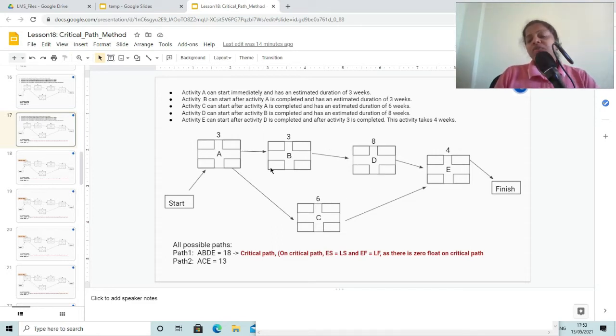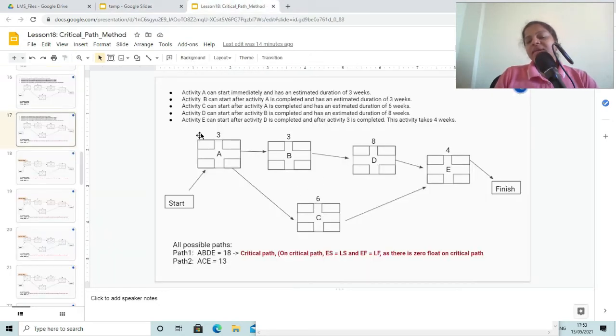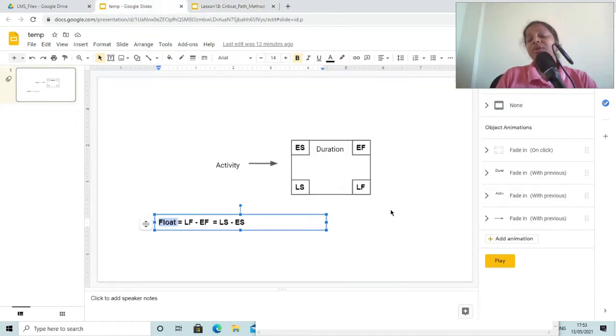So as to calculate the float, first let us understand the shape of each of these activities. Here for each of these activities we have plotted like this in a rectangular manner, and there are 4 other rectangles inside it, and let us understand what those 4 rectangles indicate.